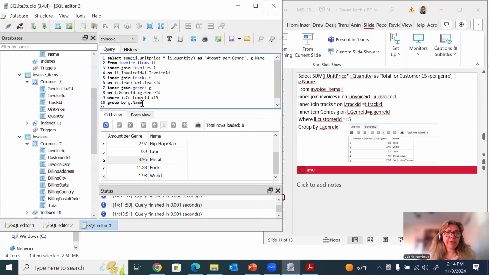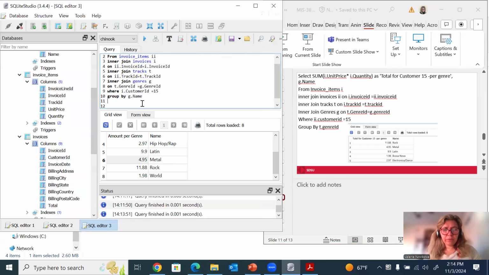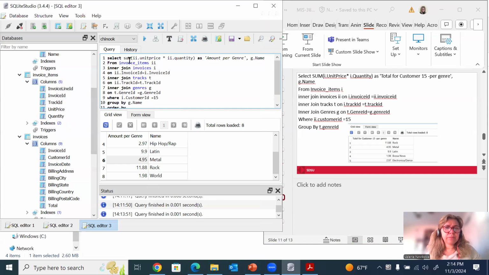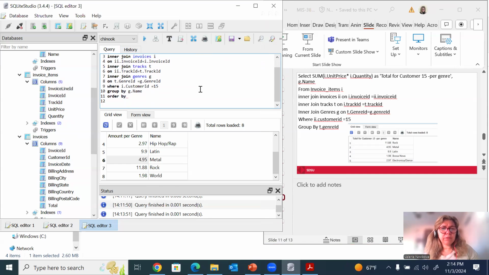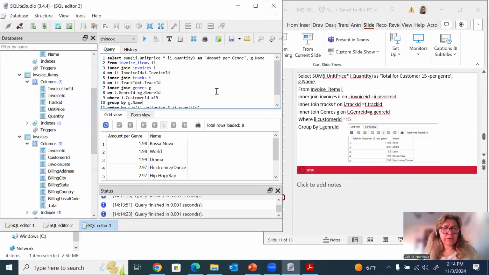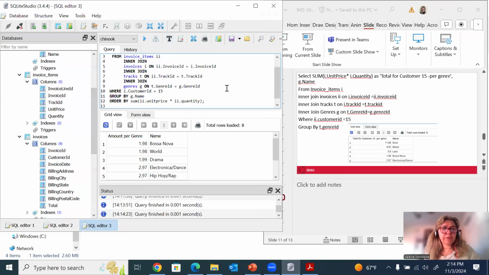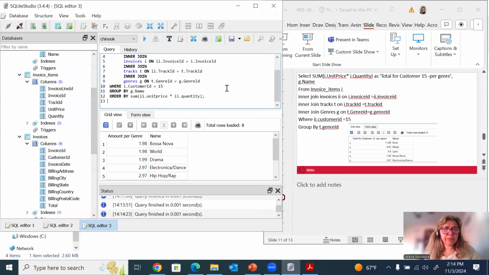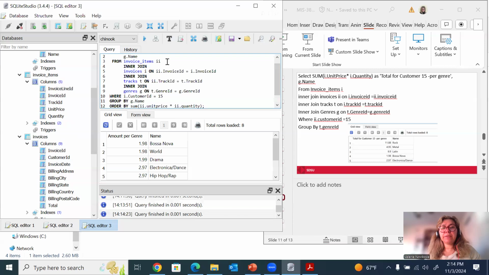We can sort it. We can order by this field just to make it look a little better, right? And we can beautify it here. So, all right. So here is our query. The same exact query you can write